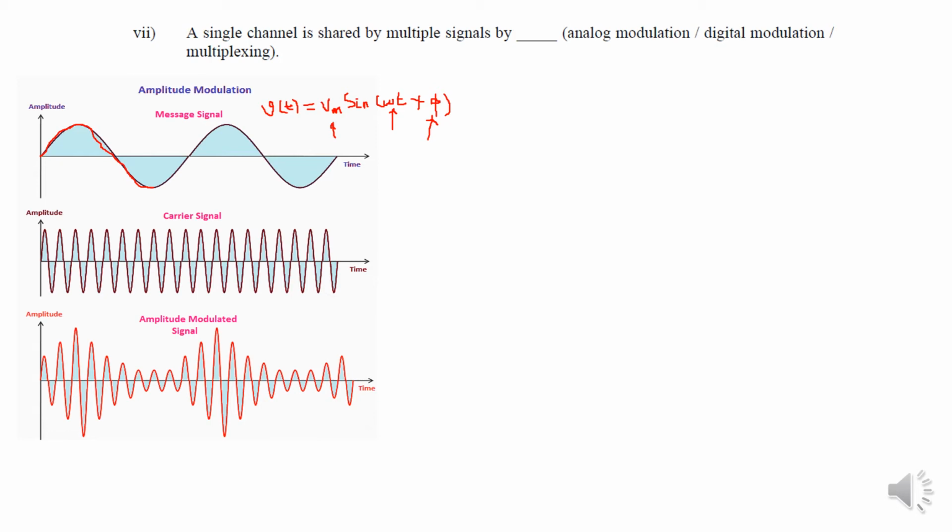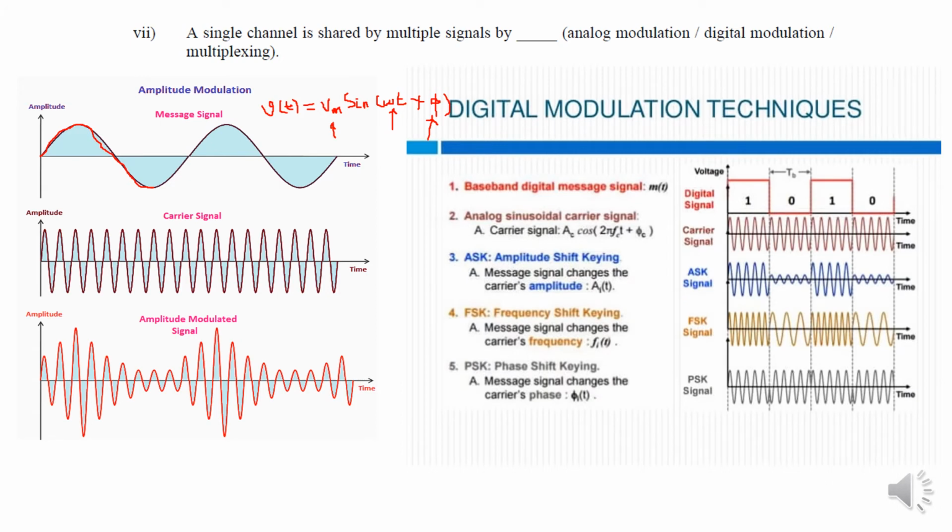Now see what happens in case of digital modulation. Similarly, there are three kinds of digital modulation also. In case of a digital signal, this is the digital signal, 1 then 0, then again 1 then 0, and the carrier signal is the same analog signal. Now we want to place the digital signal over the carrier signal, and due to the nature of the digital signal, the properties or characteristics of the carrier signal will change. So there will be three kinds: amplitude shift keying, frequency shift keying, and phase shift keying.